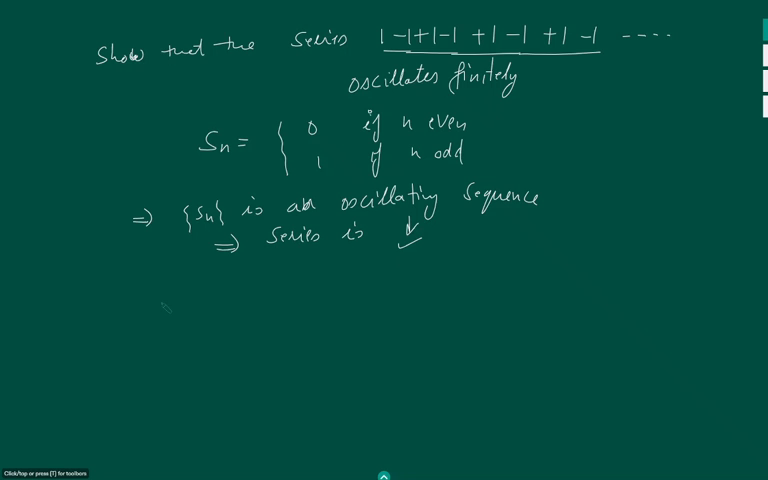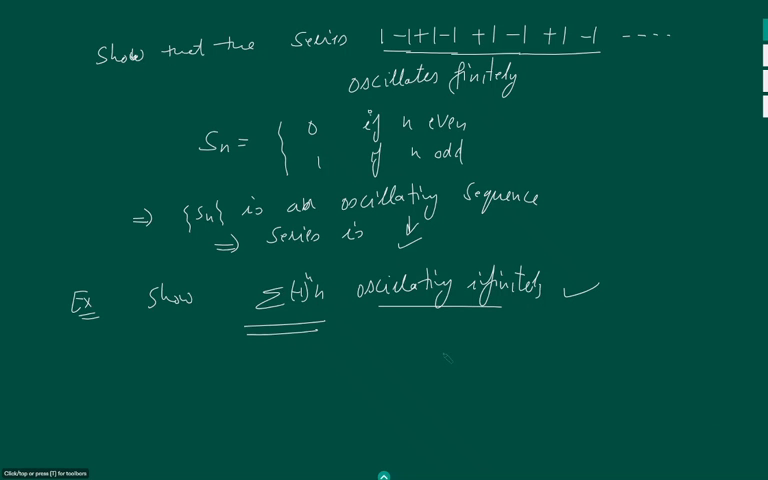Similarly, we have this exercise which tells us to show that this series minus 1 raised to the power n into n oscillates infinitely. So we show that this series oscillates infinitely by showing that the sequence of partial sums of this series oscillates infinitely. This is pretty easy to see. You can check it yourself. So we will end this